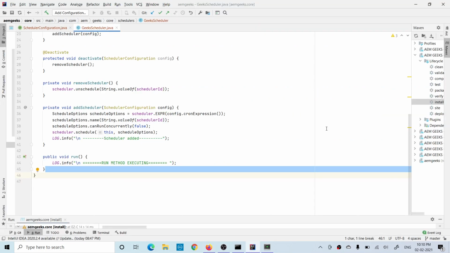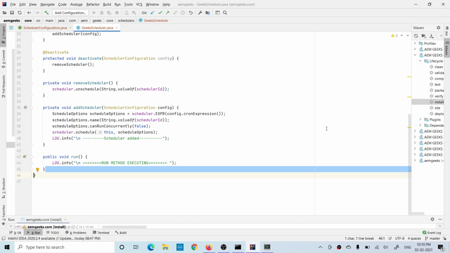Now let's understand one more scenario. Suppose you have a functionality where this scheduler is creating a JSON, and that JSON is used to display some component, okay? And you are deploying this code at 8 p.m., right? But your scheduler will execute at 12 a.m. So between 8 and 12, your front end, means your component, will not have any data because that JSON will not be there the first time.